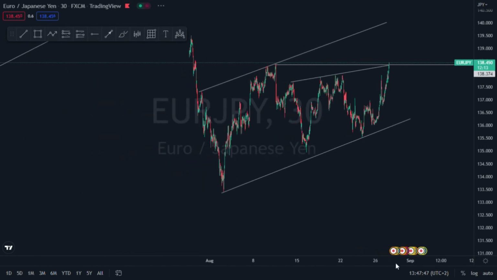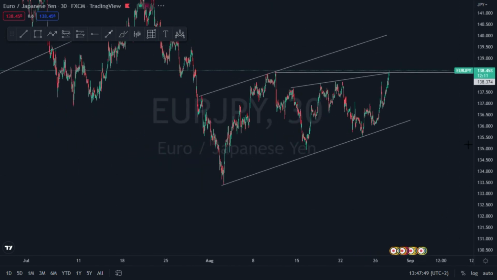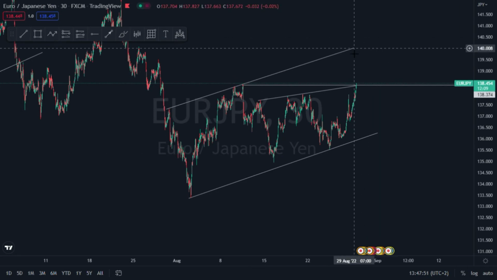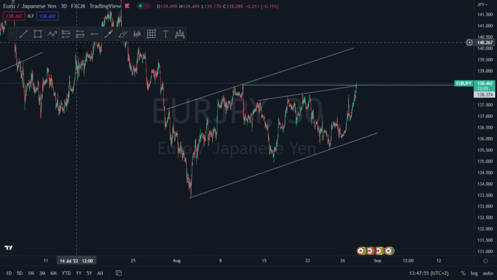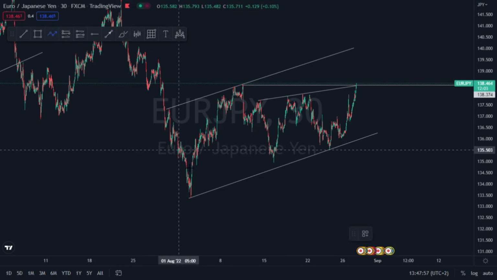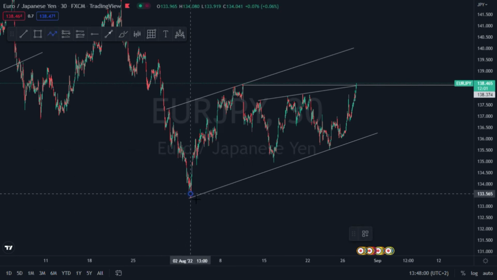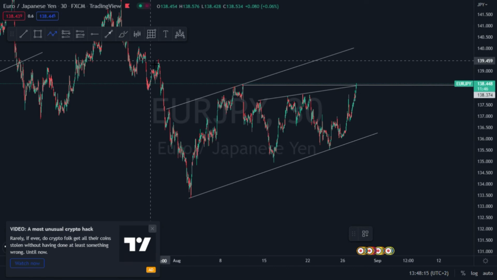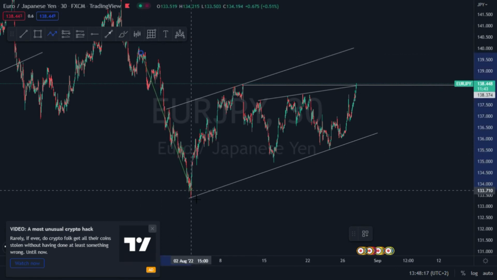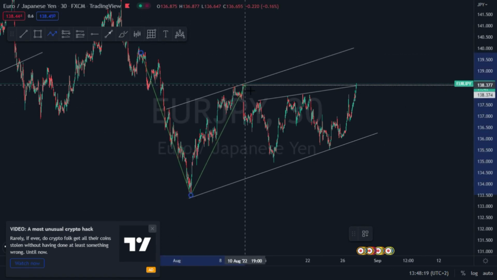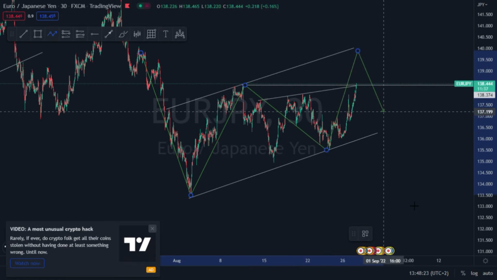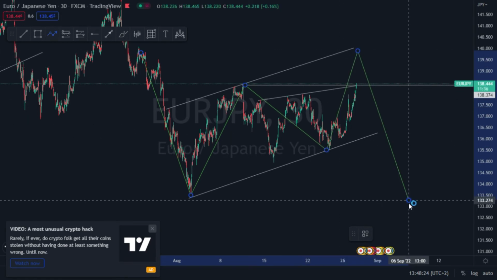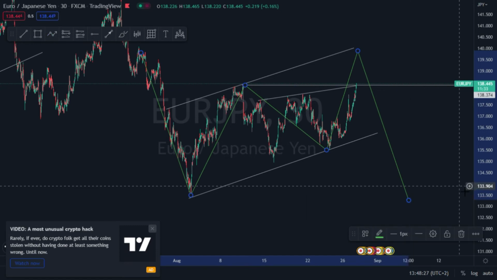The market is already moving to the upside, so I anticipate a third touch from that level. So after that level, I can expect the market to continue pushing to the downside. So this is what is actually happening on this type of market,